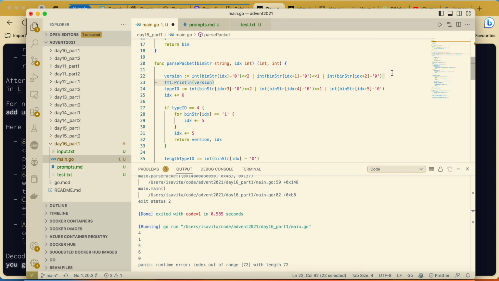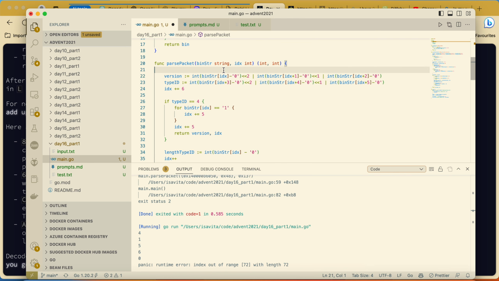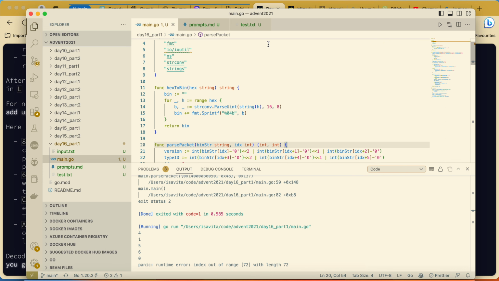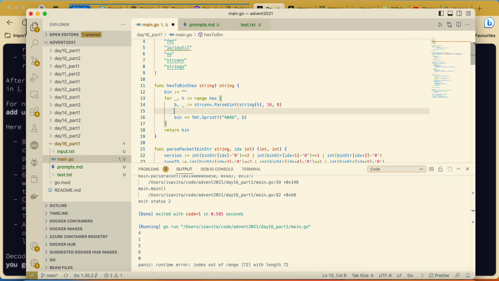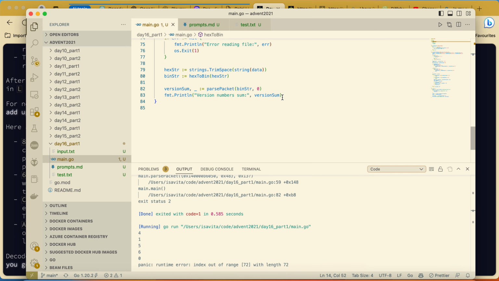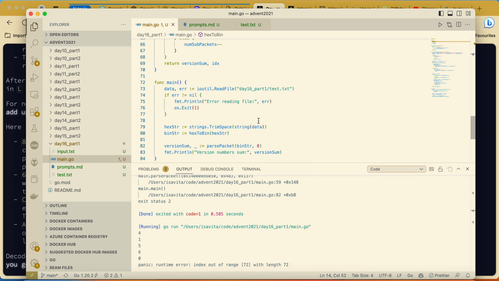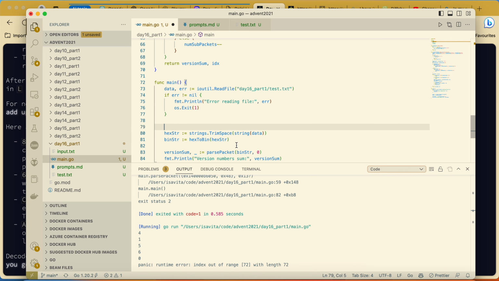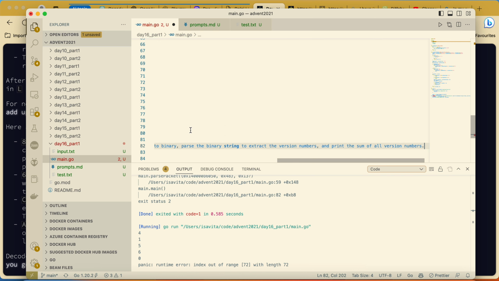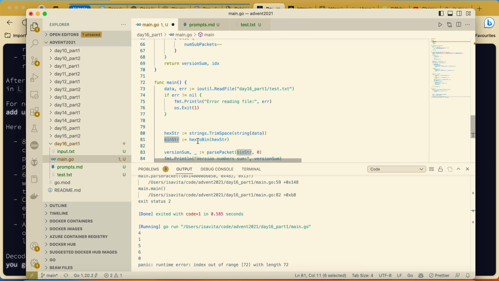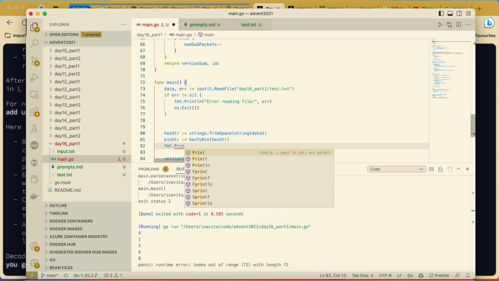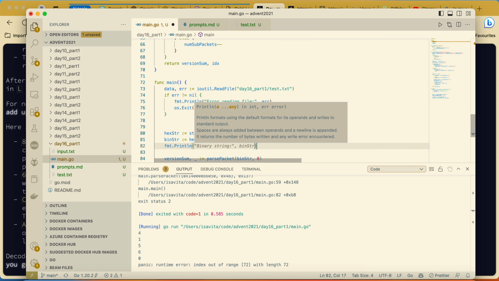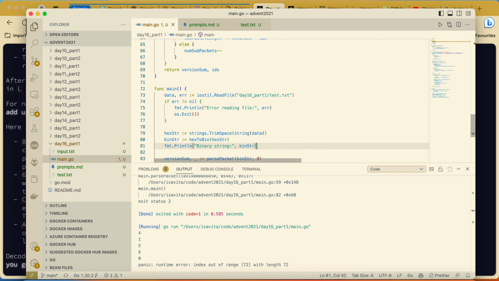And so on. But let's do it the step before that. Here in our main function we have our binary representation, print, and we have our binary string.